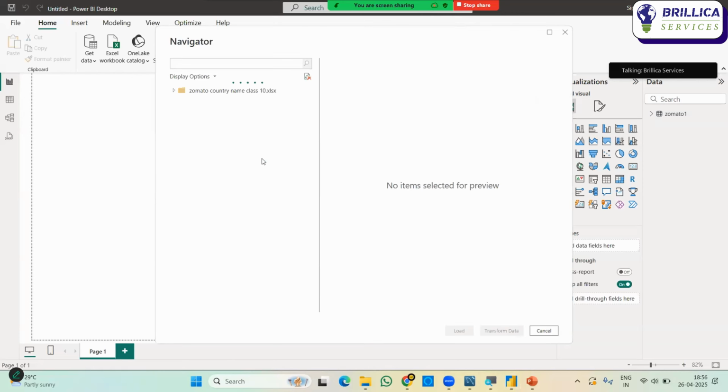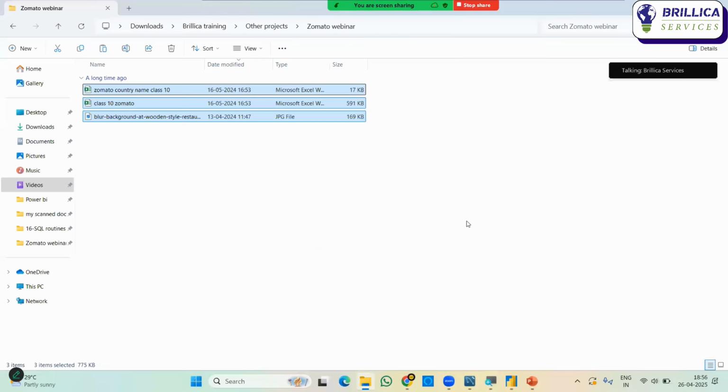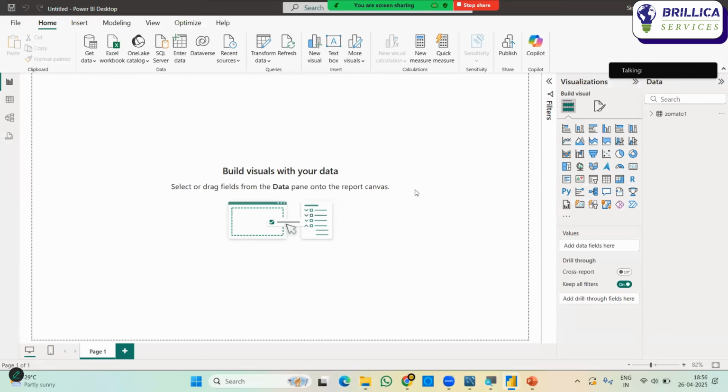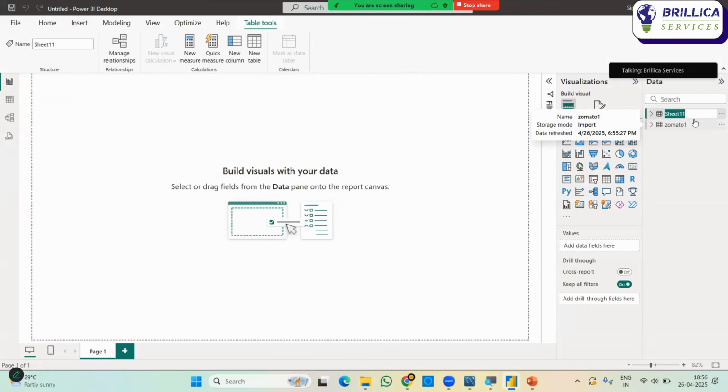Again, you will get a navigator and I have to select that sheet which I want. Yeah, I want this sheet. So let's select this sheet and click on load. Now both of my data are loaded here. Let me rename them so it will be easily able to understand that. So let's rename this one. I'm naming it